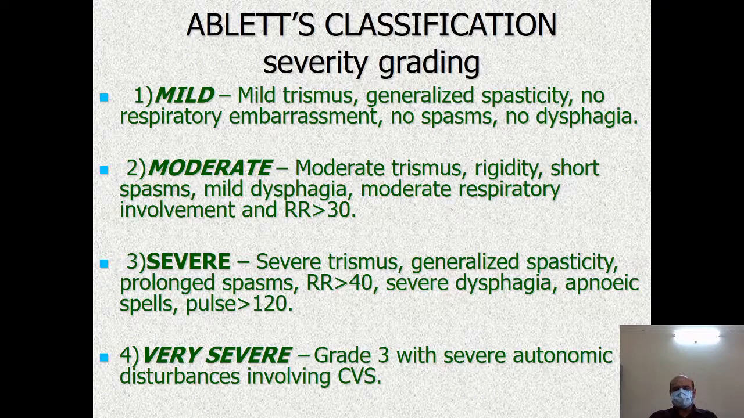Now, Ablett's classification is severity grading. Severity grading is mild, moderate, severe, and very severe. In mild, there is mild trismus, generalized spasticity, no respiratory embarrassment, no spasms, no dysphagia. Moderate: trismus, rigidity, short spasms, mild dysphagia, moderate respiratory involvement,